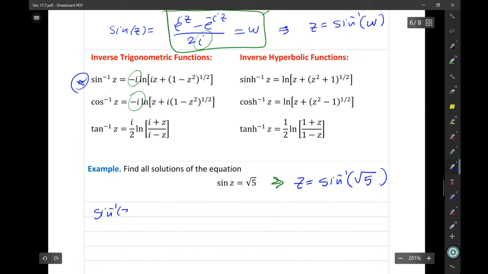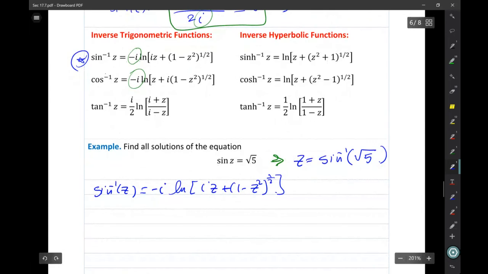Sine inverse of z is equal minus I times ln of iz plus 1 minus z square to the power half, which is equal minus I times ln of I times the square root of 5